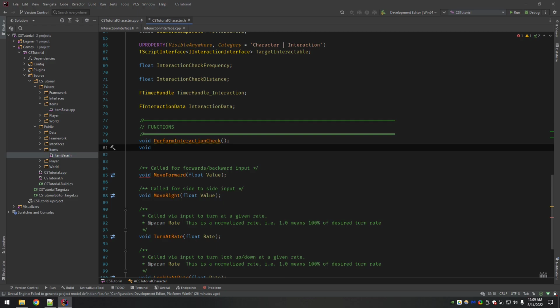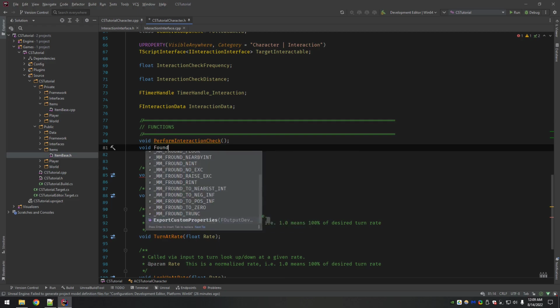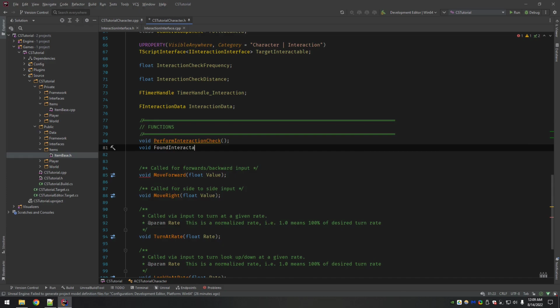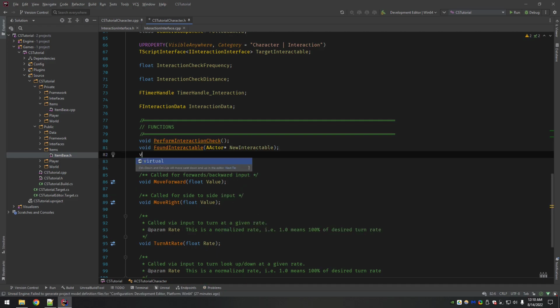A line trace is going to shoot, it's going to see what it hits, an actor, and check, does this implement the interface? If it does, then we're going to call FoundInteractable. This is going to take in an AActor, NewInteractable. However, if we don't find an interactable, then we call NoInteractableFound.